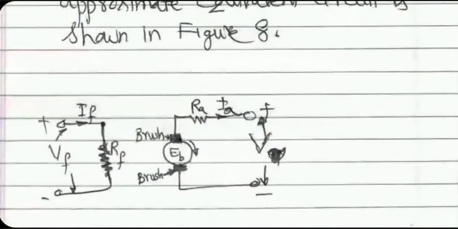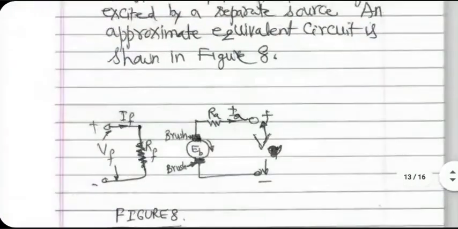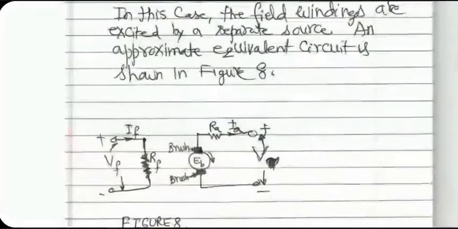Typically, RF is much larger compared to RA. A lot of wire is used on the field windings to get good magnetic flux phi out of each pole. The field current going in is going to be denoted by IF. It is obvious that IF is VF divided by RF, simple Ohm's law, right?